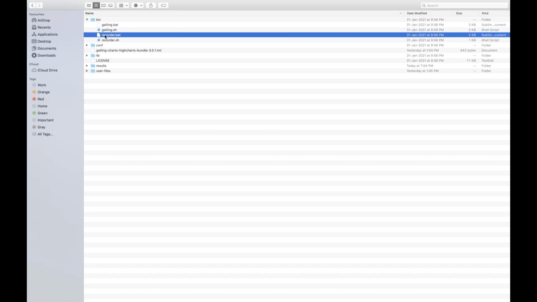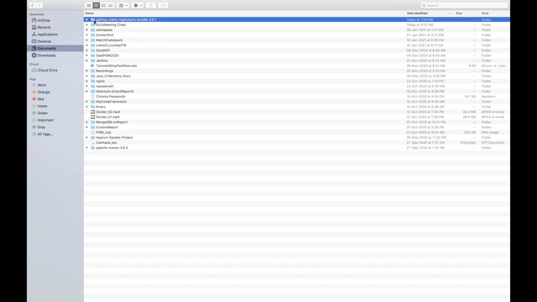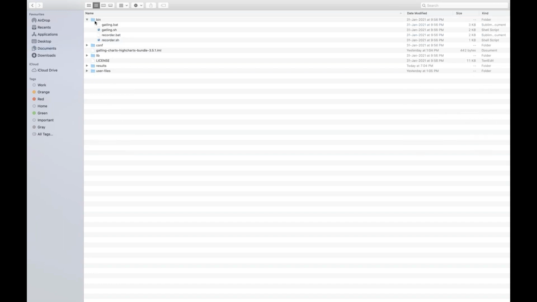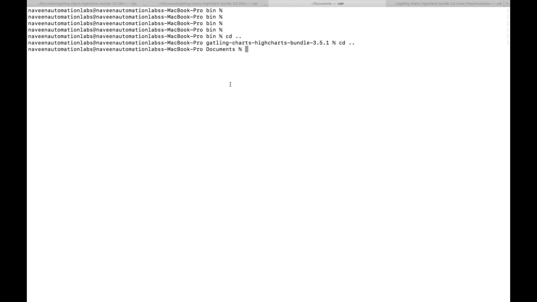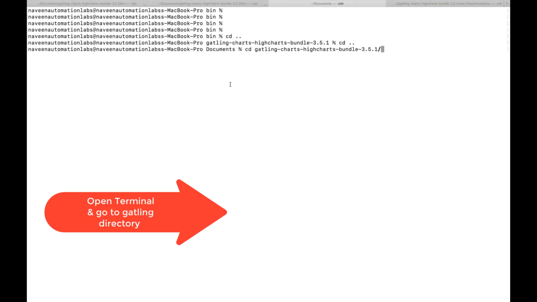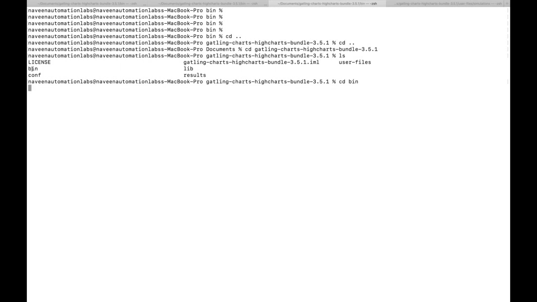So what I'm going to do is start this recorder. I have to launch the recorder.sh file on my Mac, so I have to go to this directory. It's already available in my documents. I'll go to Documents, CD Gatling, and then go to this bin directory, change directory bin, and check what we have.